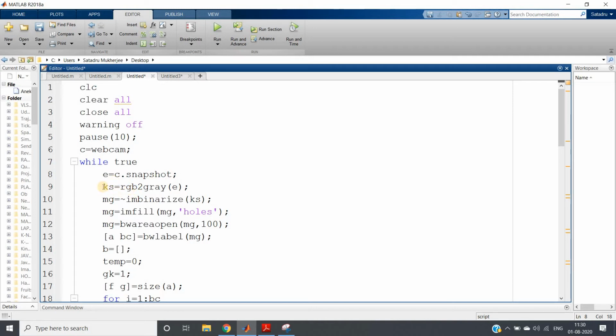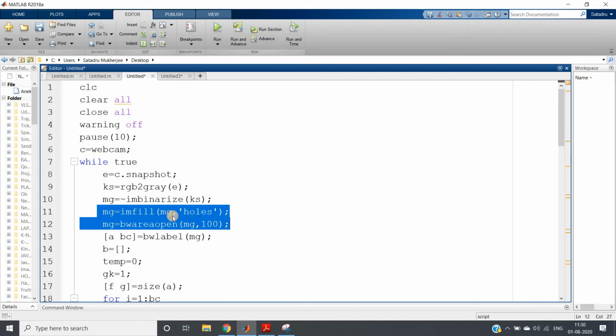First I convert the RGB image to grayscale. My circles are darker than the background, but generally in morphological operations we treat bright objects on a dark background. So I take the binary image, but I complement it. Here I am not specifying a threshold for converting grayscale to binary, because my background is completely white and the objects are dark, so global thresholding will work perfectly. But these two modifications you must do. This comes under the pre-processing step.